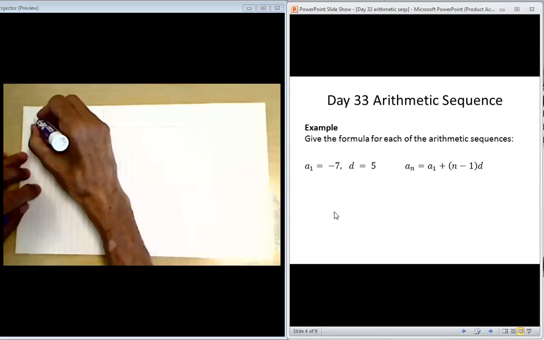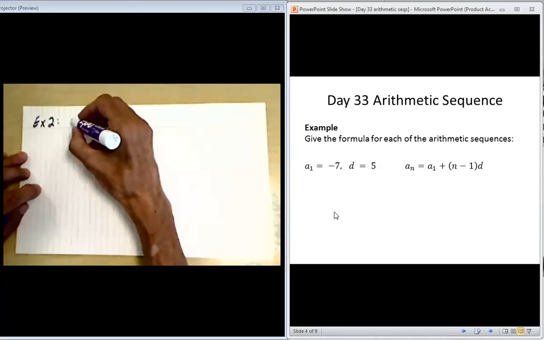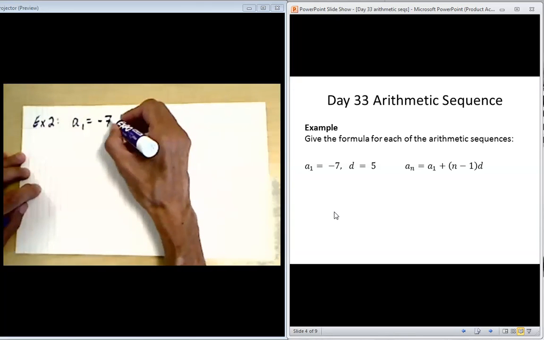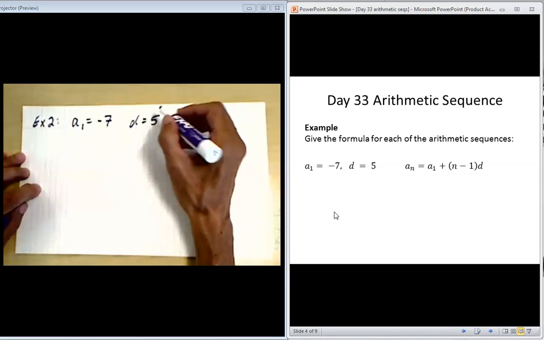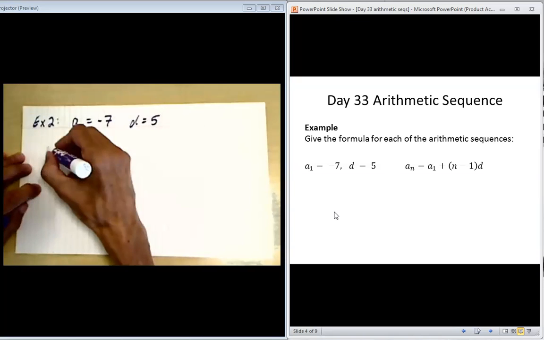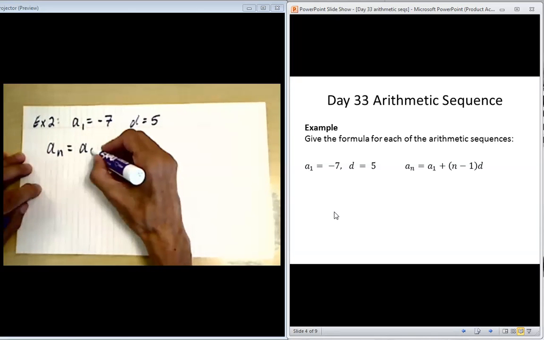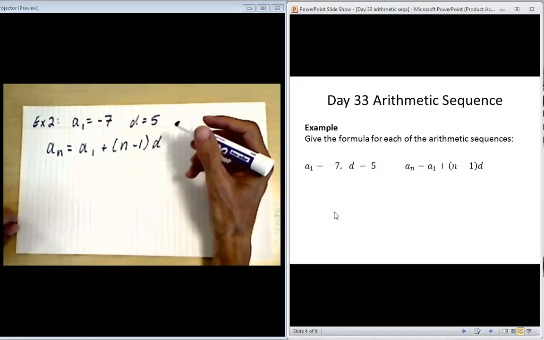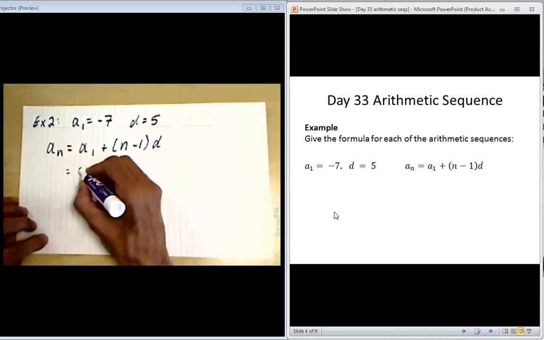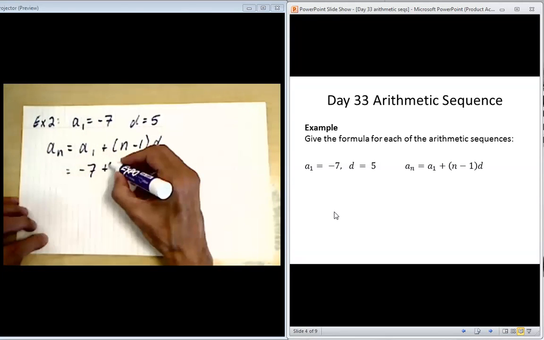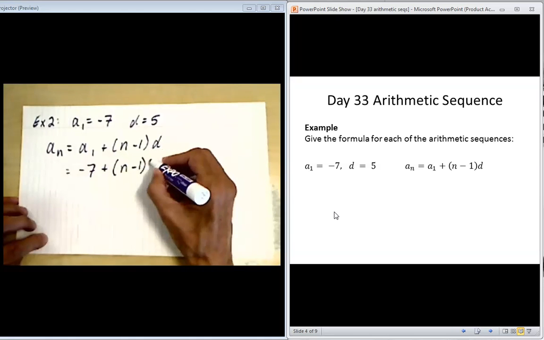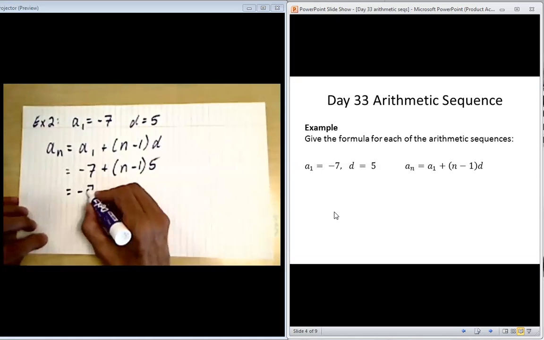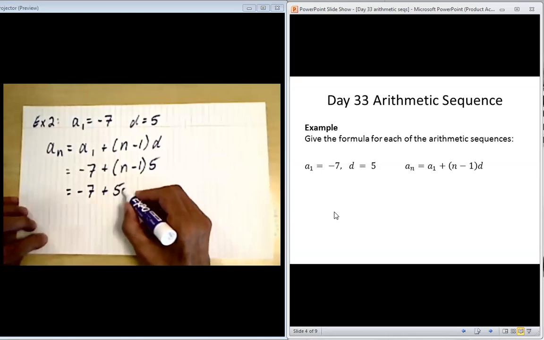Example 2. It's given that A1 is equal to minus 7. D is still equal to 5. So using the same starting formula, AN is equal to A1 plus N minus 1 times D. We get minus 7 plus N minus 1 times 5. Opening the brackets, multiplying, gives 5N minus 5,